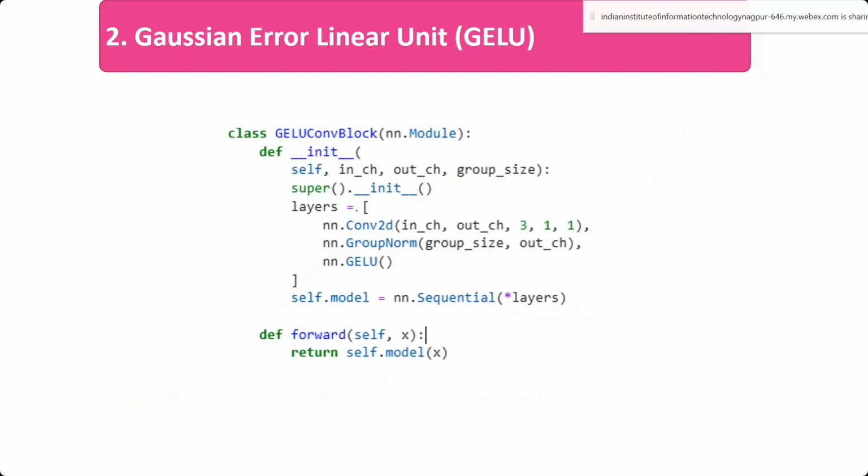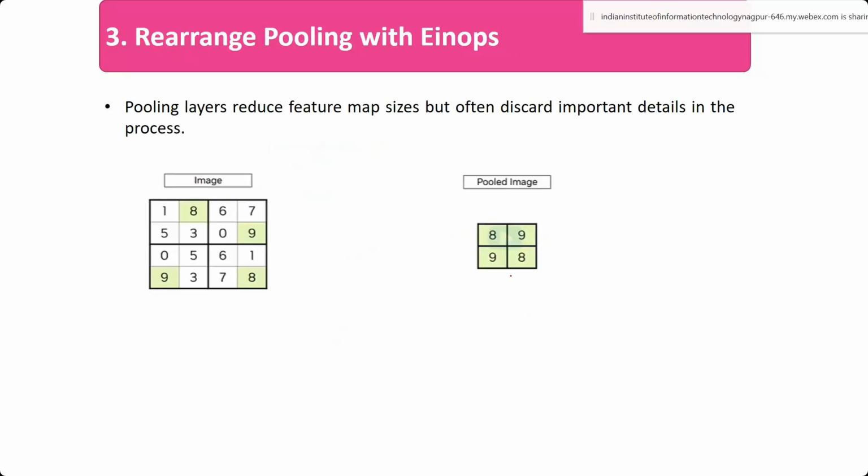So this is how the convolution block would be changed. You have the convolution operation, and previously we had batch normalization here. Instead of batch normalization, you are now providing group normalization. Previously you applied it on the output channels, and here with group normalization you are also performing it on the output channels, but you are specifying the group size here.